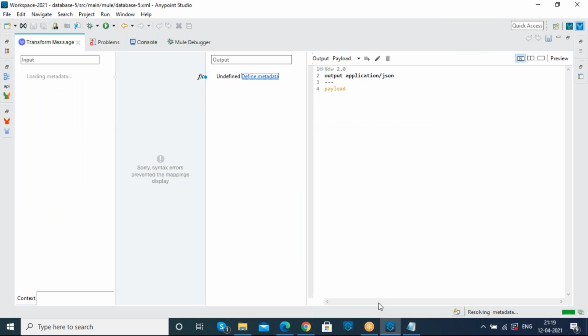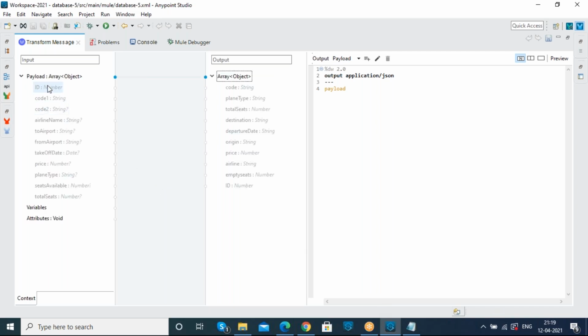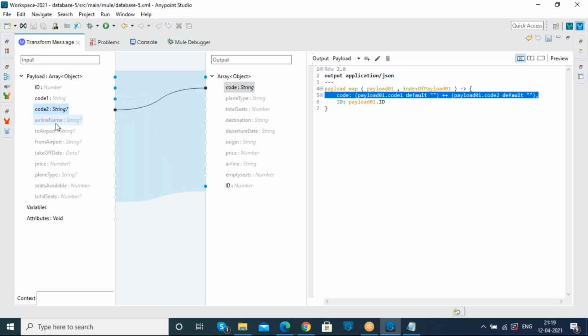Just by applying simple logic, we will be able to transform the data from one format to another: ID to ID, code 1 to code, code 2 to code, airline name to airline.